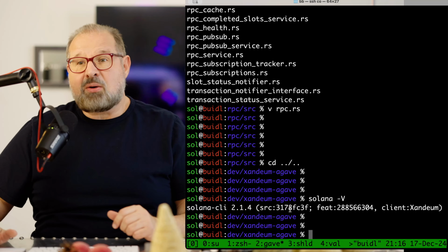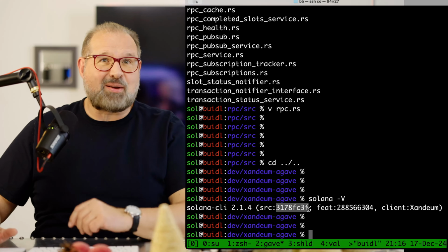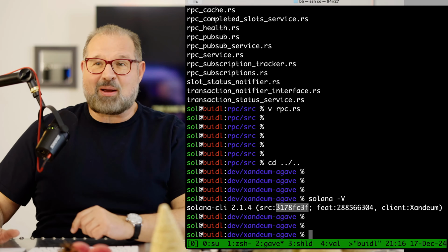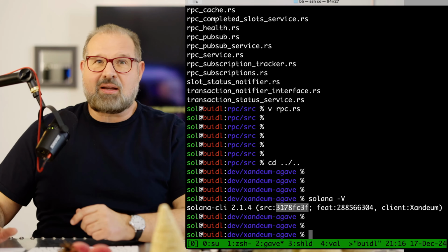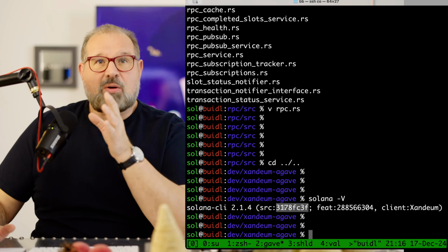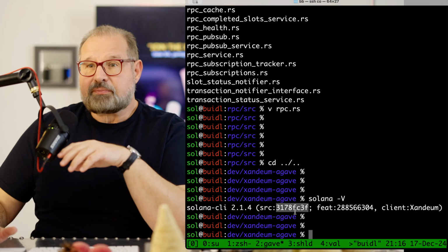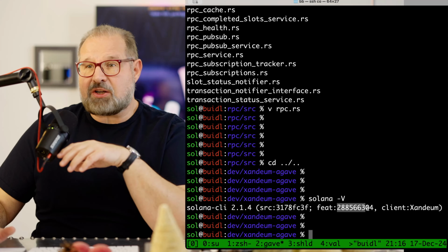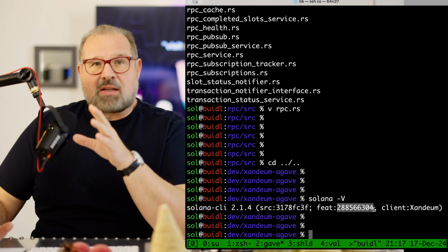So right now, this is the latest commit here, and it's not increasing, right? It's just some random numbers here. It doesn't mean if the number is higher, then it's a later release or something. But you can download these from our binary repository that we've used before also. So that's all great. And this is the feature set, and you can ignore that here because